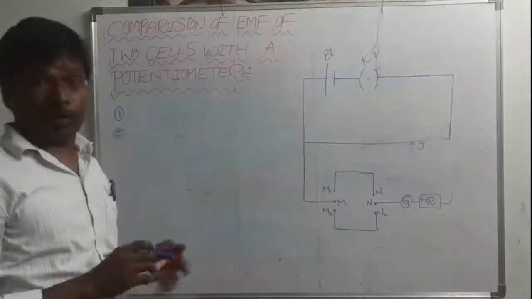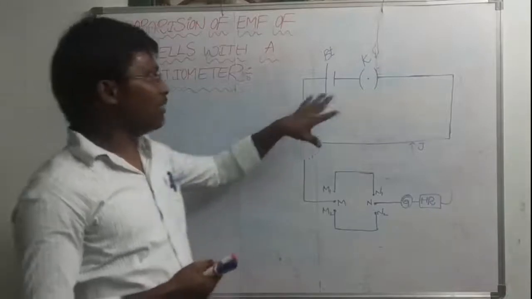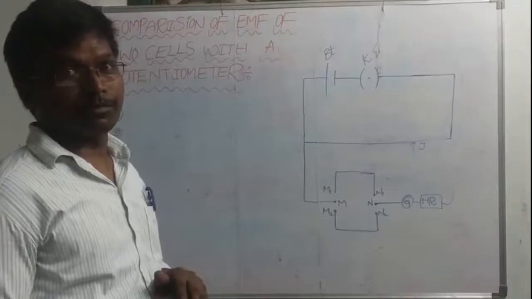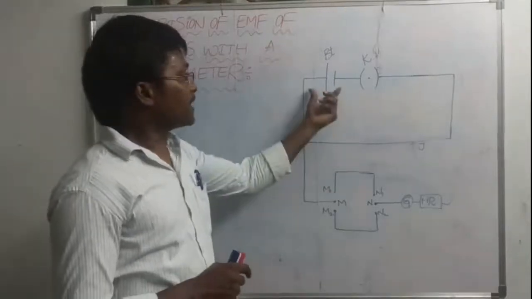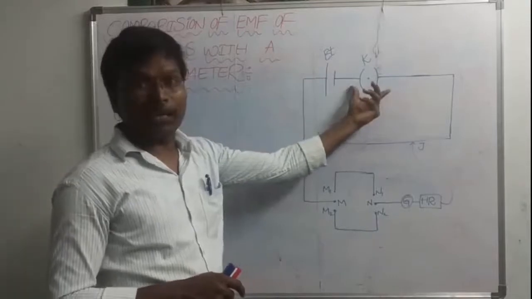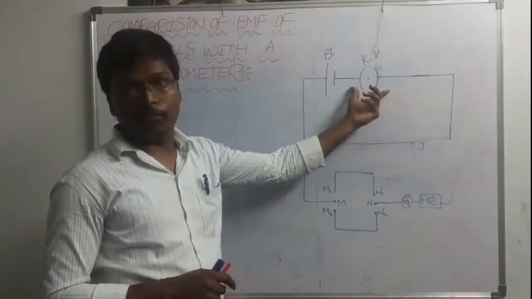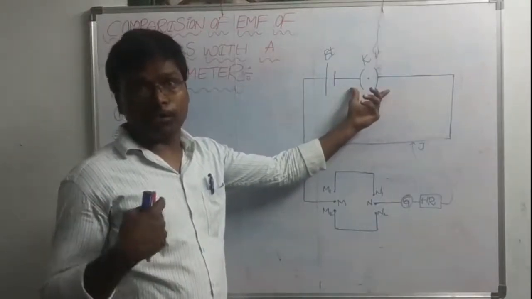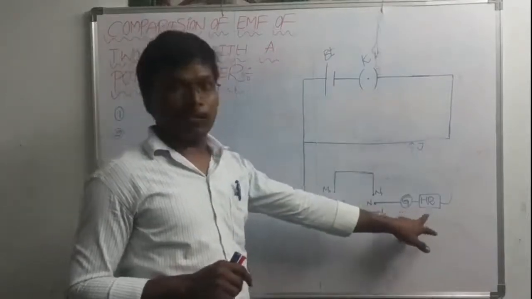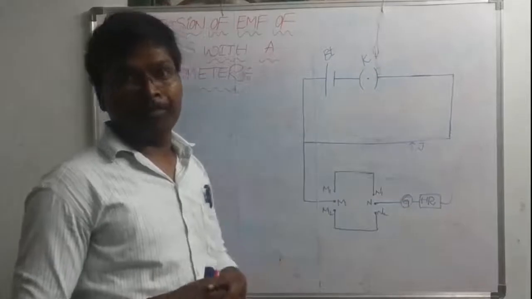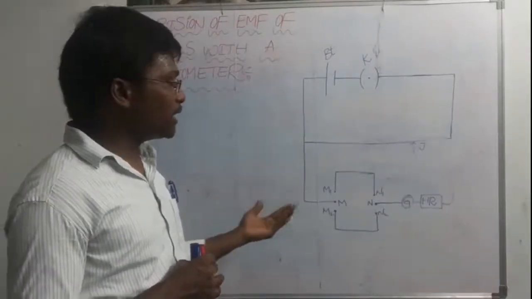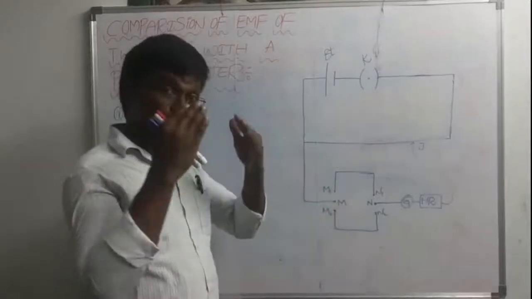before explaining the second point, I will tell you the names of the parts in our diagram. This is the battery, BT, you know already. This is the key, I think this you also know. I told you before in yesterday's topic. Now this is the galvanometer, this is the high resistance box, and this is the jockey. Here you are seeing a new symbol.